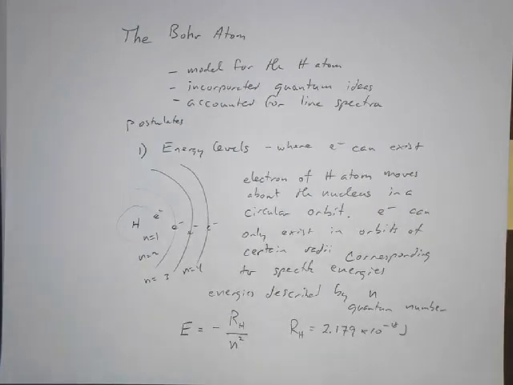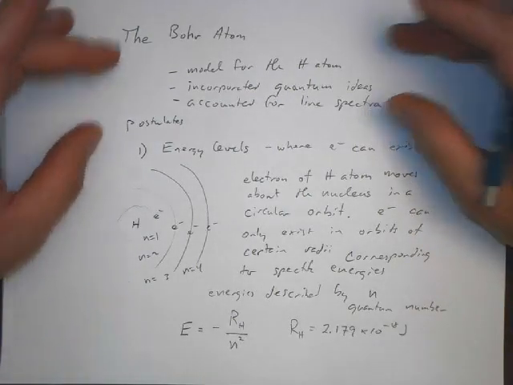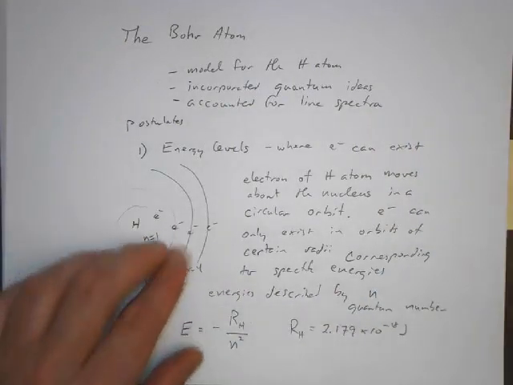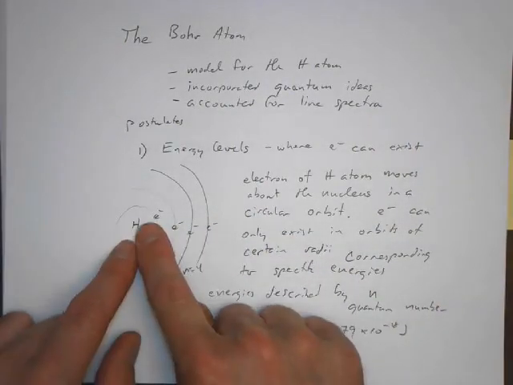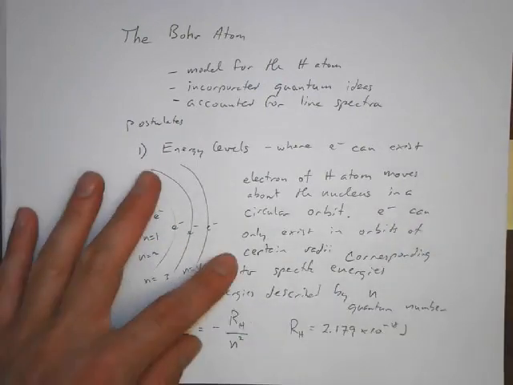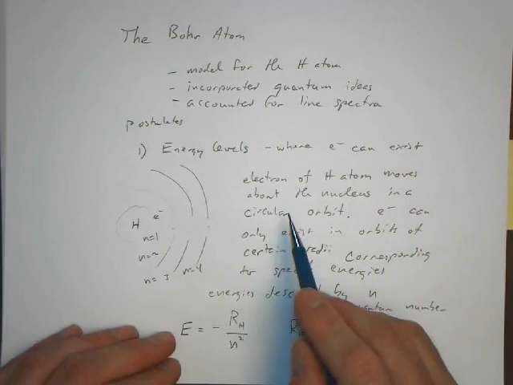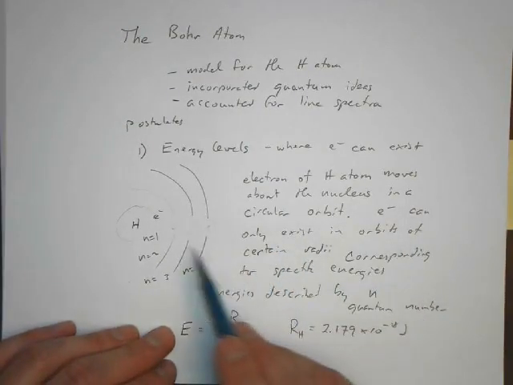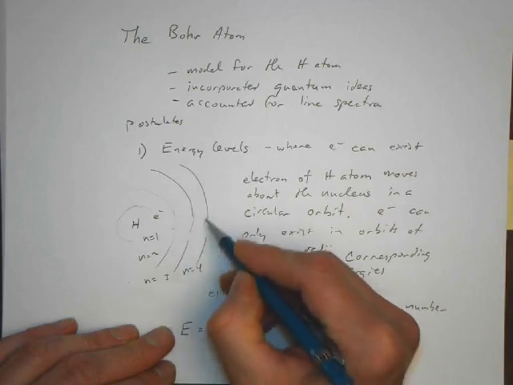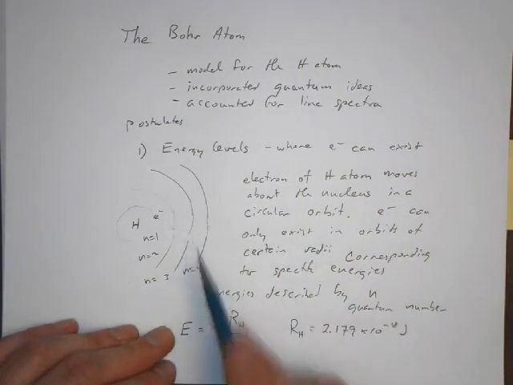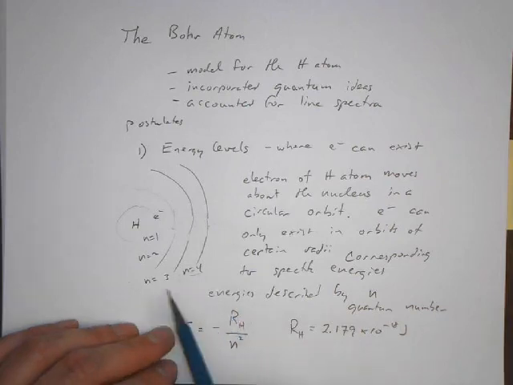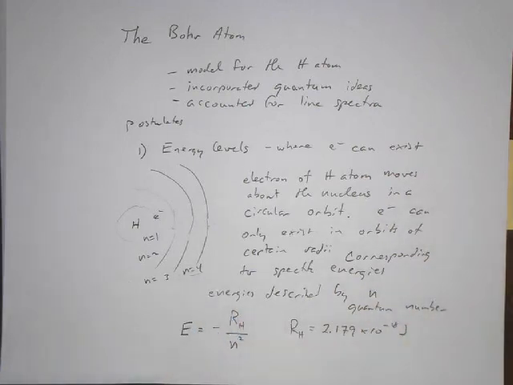Okay, so in this model for the hydrogen atom, we have energy levels where electrons could be. Now, they don't have to be in there. Obviously, the hydrogen atom only has one electron, so we can only have an electron in one of these energy levels at a given time because there's only one electron. The electron can exist in these orbits of certain radii, and these certain radii correspond to certain energies, where a higher quantum number would mean a higher energy. Remember, Bohr's goal here is to say, where is that electron exactly?